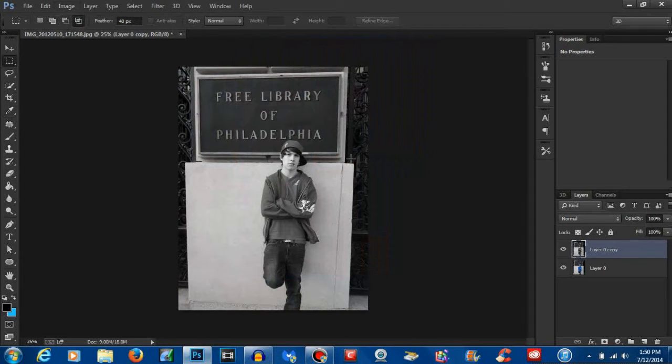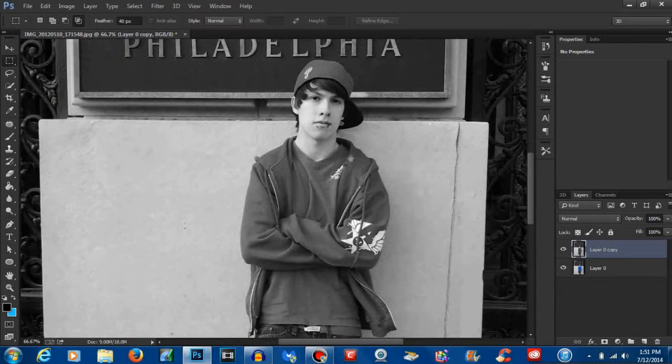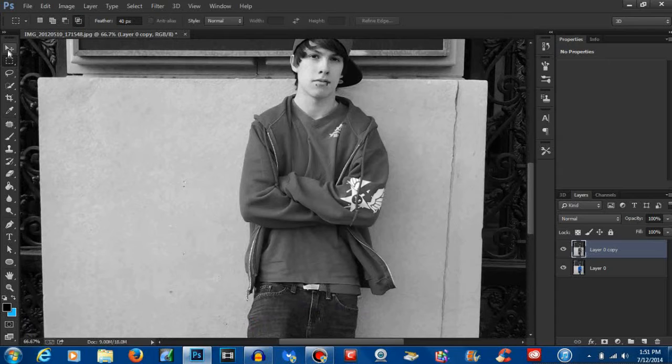Now, it's actually really simple what you can do here. You can use an eraser tool if you like. I'm going to go ahead and use the Quick Selection tool because I think it's a little bit easier that way. But what you're going to do is click this eyeball, just to make it a little easier on the eyes of what you want to select. But make sure that the layer is still selected, and obviously for this instance we just want my blue shirt and jacket. So with the selection tool you could go ahead and do the best job you can at selecting everything, and